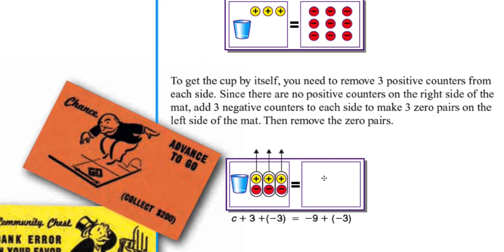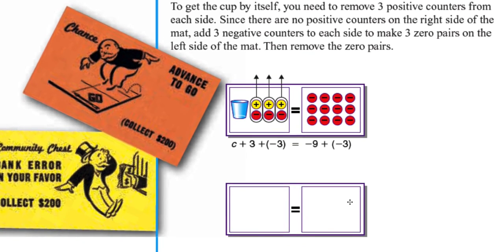Okay, so we now have C plus 3, plus negative 3, and that's what we added, negative 3. Since we added negative 3 to the left side of our mat, we need to add negative 3 to the right side of our mat as well, and that's what we did. And if you notice, the negative counters increased by 3, so the cup now by itself,